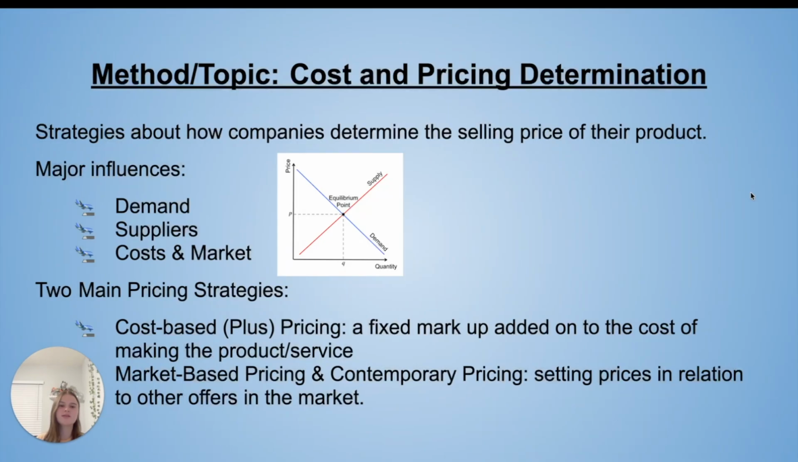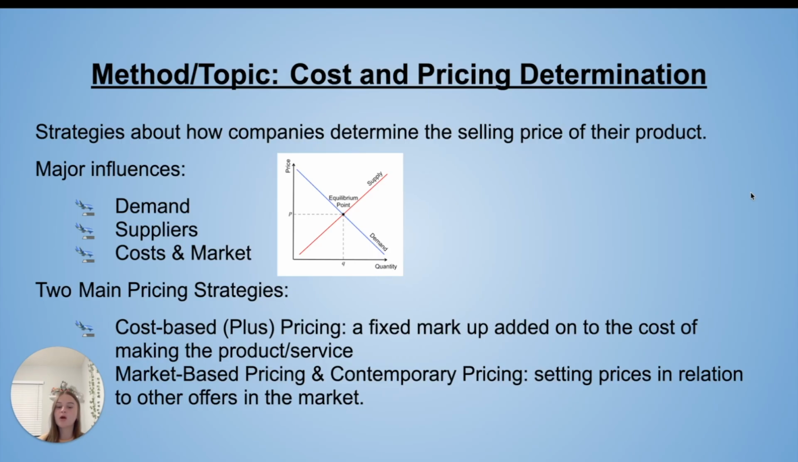Cost and pricing determination is the strategies that companies use to determine what their selling price should be. The major influences include things like demand, supply, and also what market they're in. There's actually only two main pricing strategies, and that is cost-based pricing and then market-based pricing, or contemporary pricing. So cost-based pricing is a fixed markup that's added onto the cost of making your product or your service, and